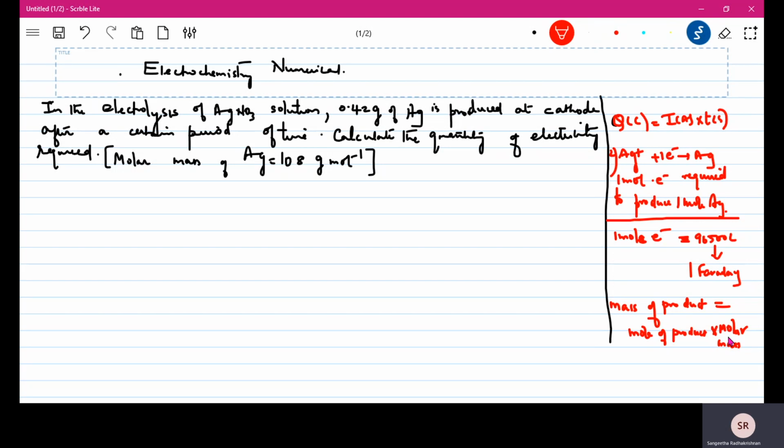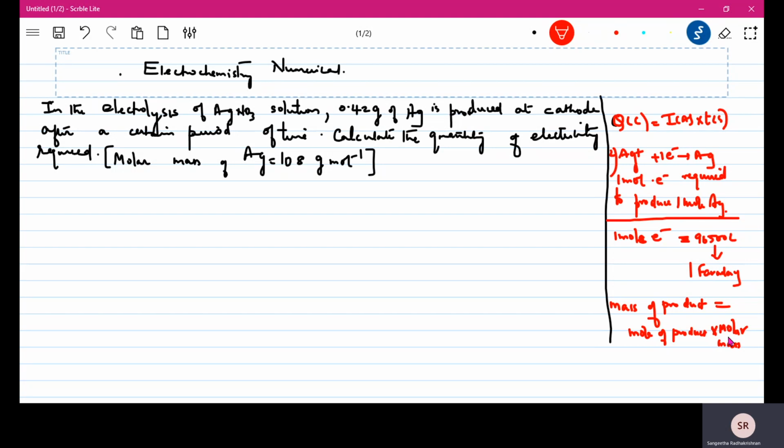Quantity of electricity that is in coulombs, that is I, that is in ampere, that is a current that is passed into how much time it is passed. Then if you just think of any metal, depending on the metal, whatever is its oxidation state, so many electrons are required to produce that particular metal. So if 1 mole of silver, Ag+, since it is Ag+, you will need 1 electron, or 1 mole electron more correctly. For 1 mole silver, you will need 1 mole electron.